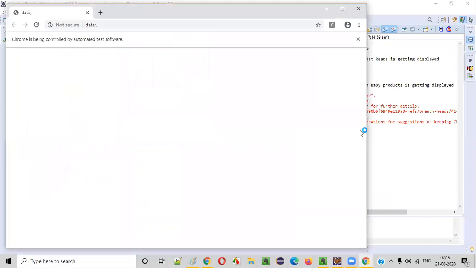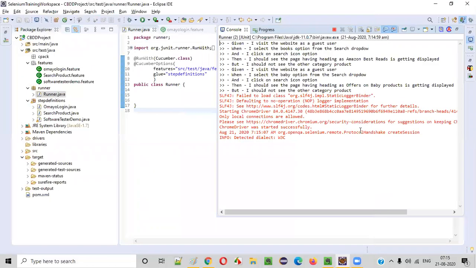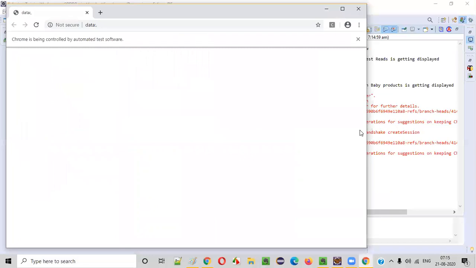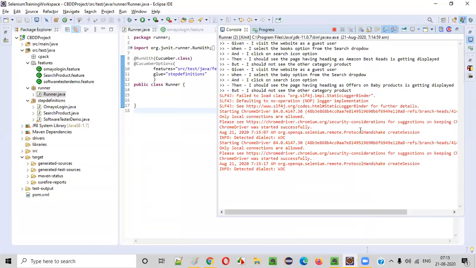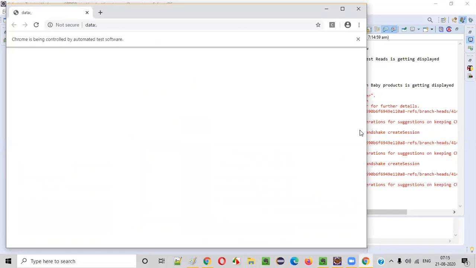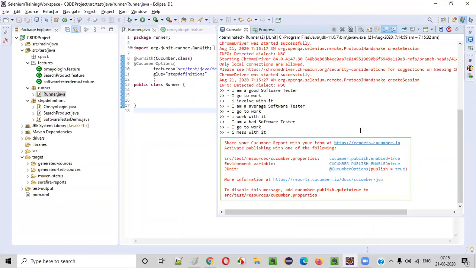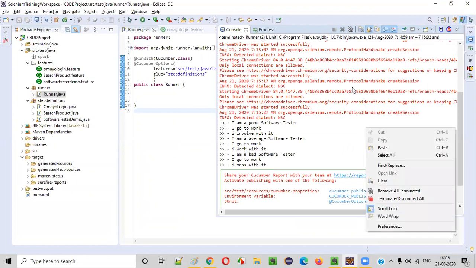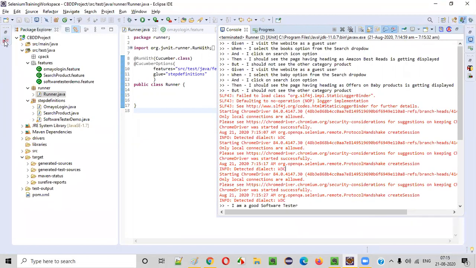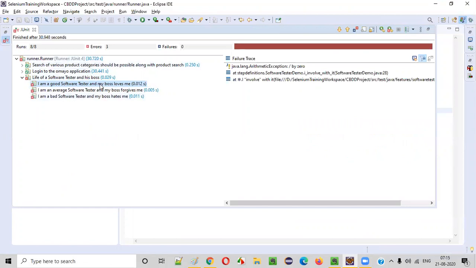The browser didn't open and close for the first scenario. Now for the required scenario only, the browser will open and close. You see, for the required scenario only, the browser will open and close. So this may be another scenario, 3 times it should open and close, not more than that. For all the remaining scenarios, it should not open. You see, things are good, right? Things are good. You go with JUnit, you'll come to know.